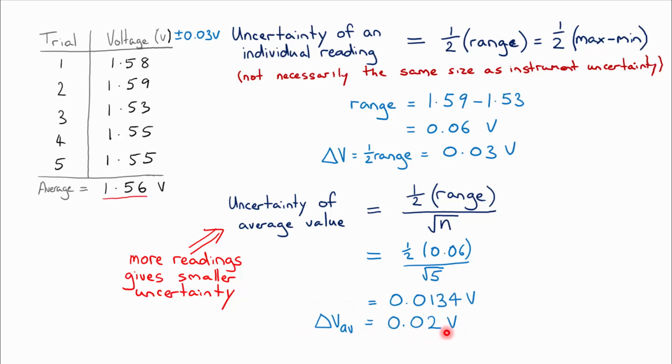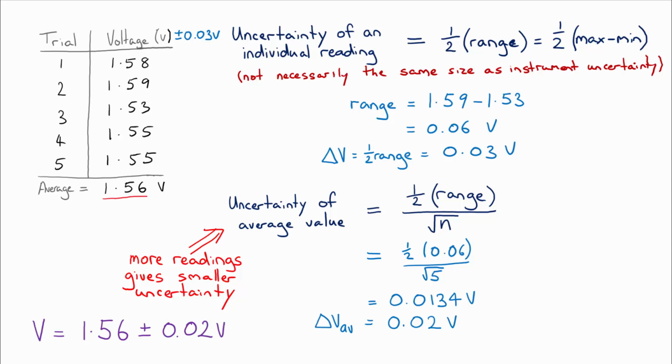And you'll notice here that the uncertainty on our average value, when we looked at 5 readings, was 0.02, whereas on an individual reading or individual measurement, it would be 0.03. So the fact that we took more measurements has given us more certainty on what that average value is. And I'm just going to over here give our final answer. So our voltage is the average value that we got plus or minus the uncertainty 0.02,